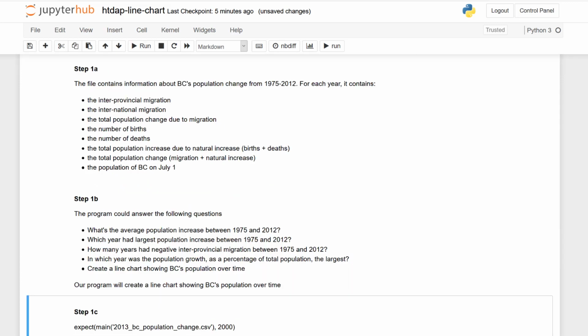Our goal is no longer phrased as a question, but it does describe our goal for the program. Create a line chart showing BC's population over time.